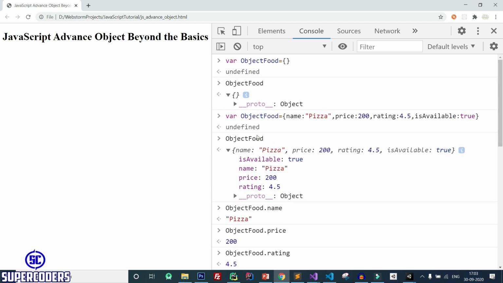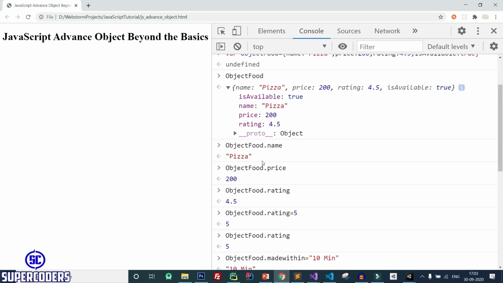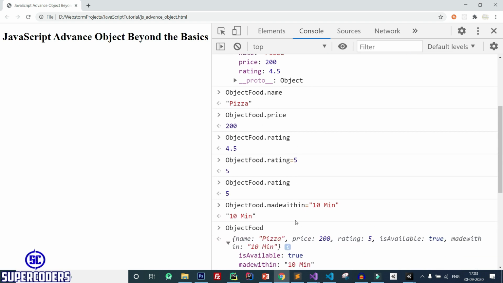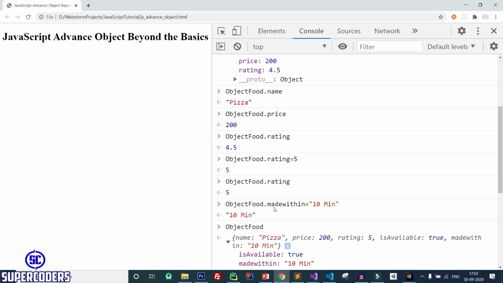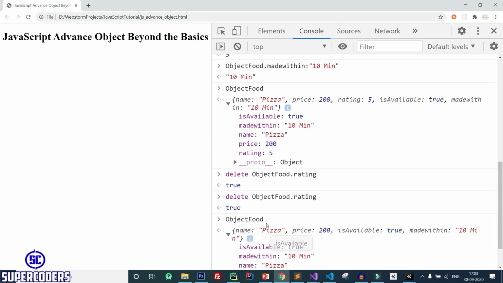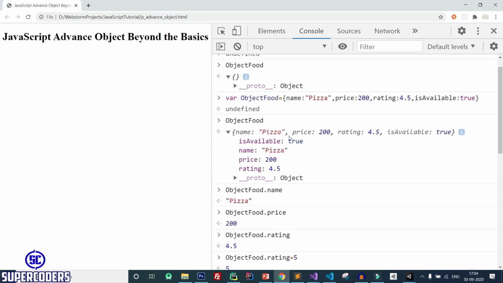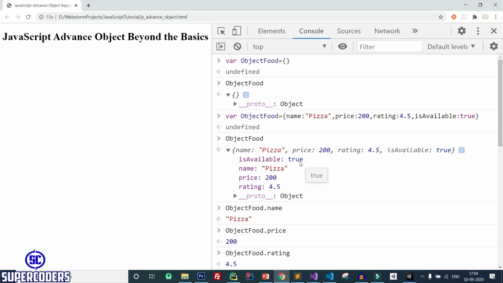So in this way you can create objects, you can access all the values of objects, and you can access a single value of an object, whether it is a number, integer, floating point or boolean data. Also you can add one or multiple keys in objects, and you can delete keys from objects. So these are the basics of objects. For now just do one more thing: copy all this and write it in my VS Code. So let's do it. I am doing it fast, so I don't need time. Simply copy it.